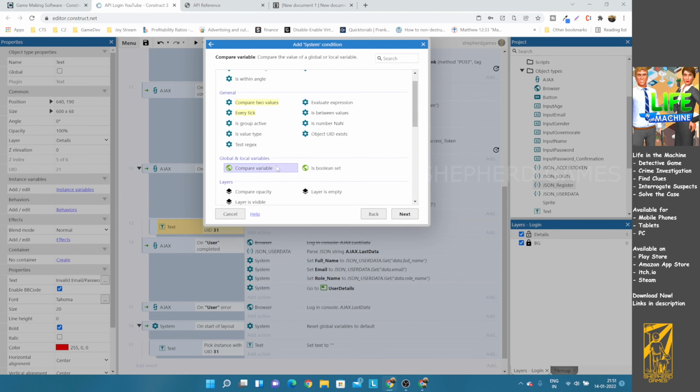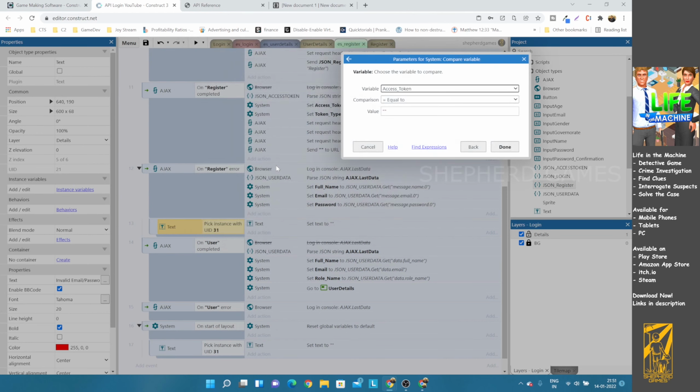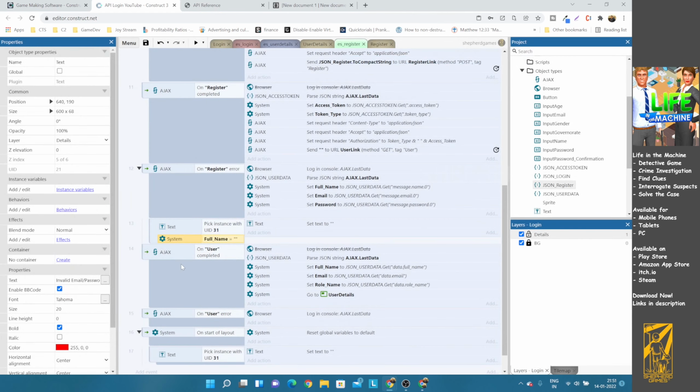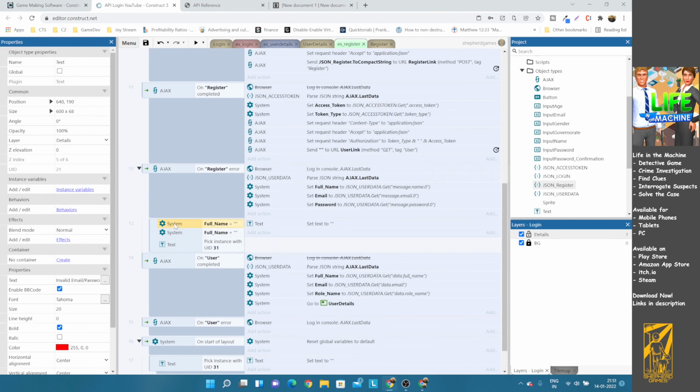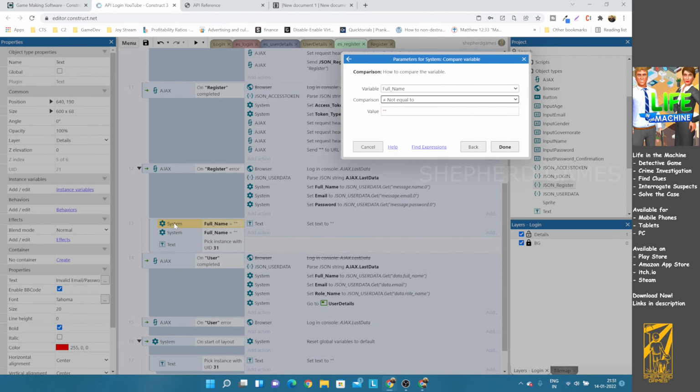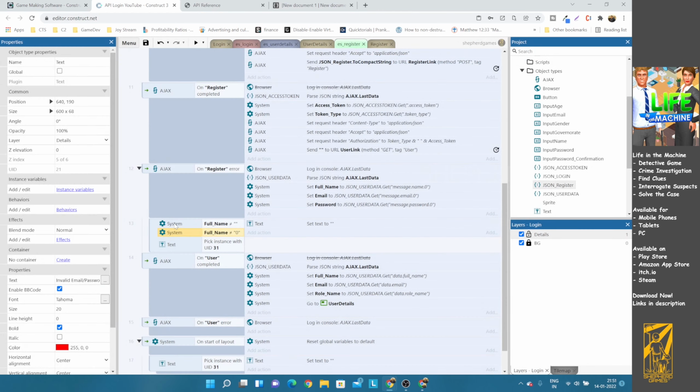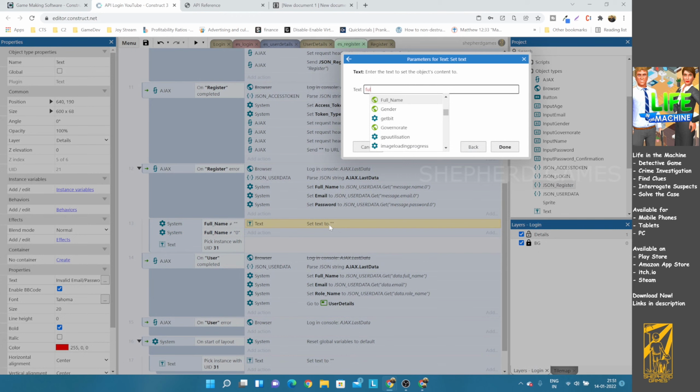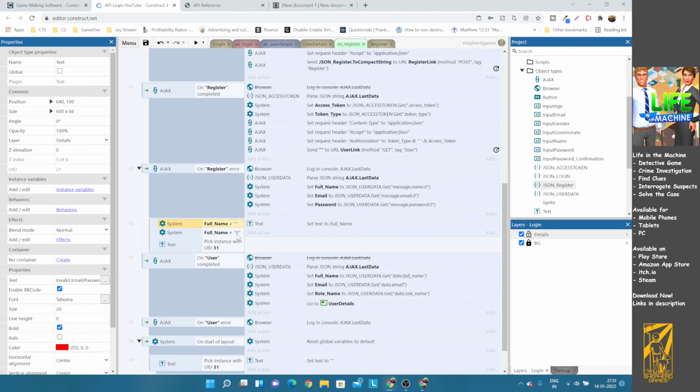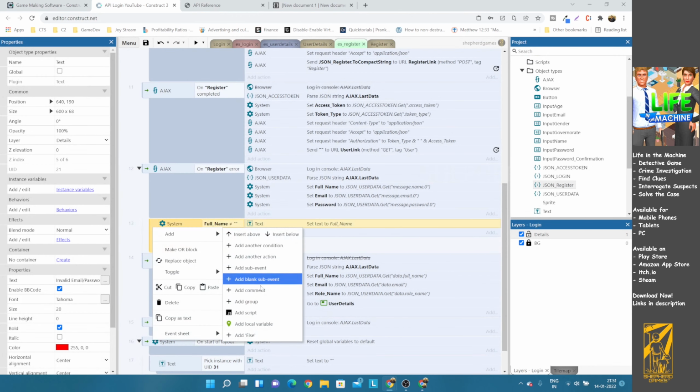So let's show only one error at one time. So if the variable full name is not equal to empty, or not equal to 0, 0 is a string, we have to display the value stored in the full name. So if not,